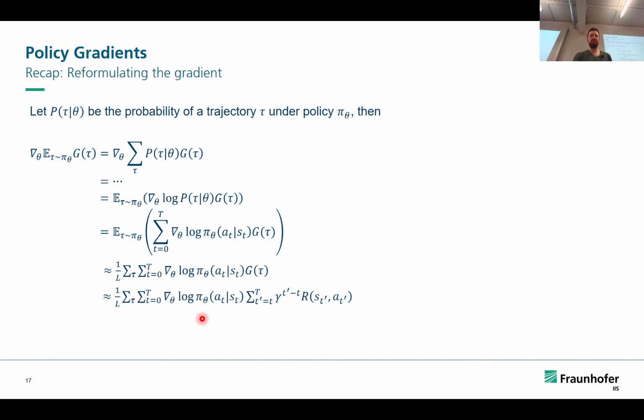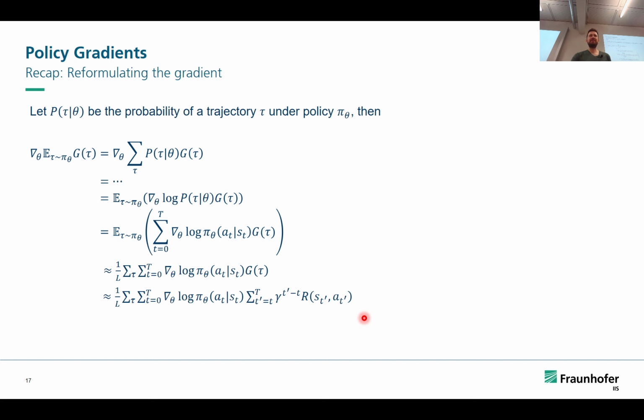So basically we need this log policy, or the log gradient of our policy. So again, for example, use backpropagation for that. And this cumulative reward is also something we can just compute based on the experience